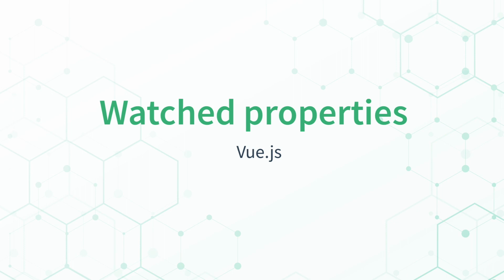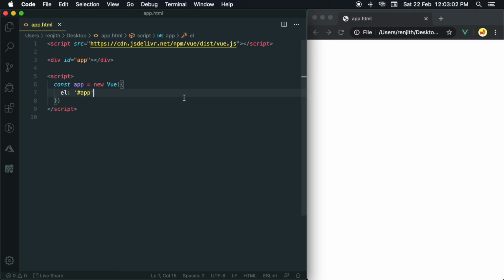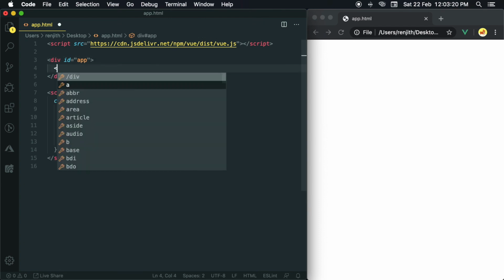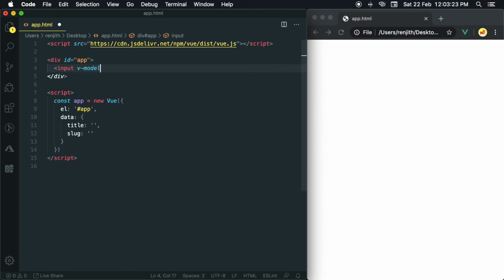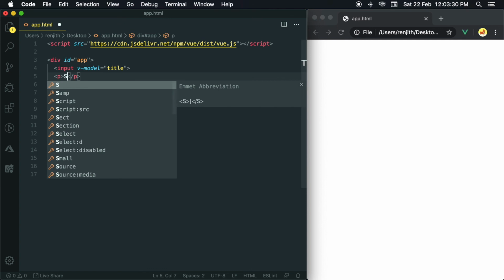Watched properties. Watched properties are like computed properties. We can create a watcher and do computation with the changes and assign the result to a property. Let's see it in action. Create some properties, title and slug. Create input and bind the title. Create a paragraph and bind the slug.